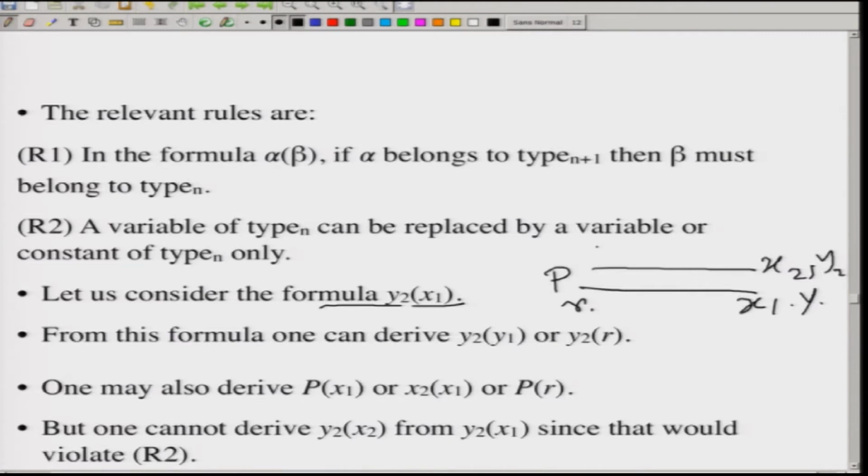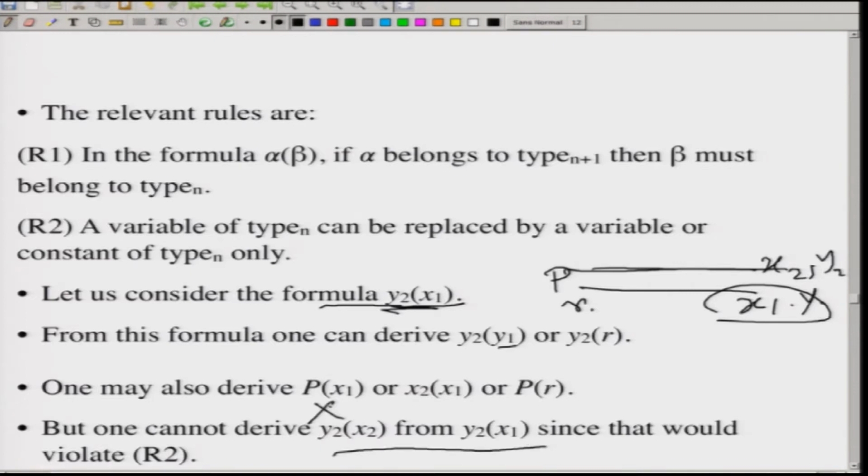From this formula, one can derive y2 y1, because x1 can be replaced by y1 as they belong to the same level, or y2 r also belongs here. One may also derive p x1, because p and y2 belong to the same level, or x2 x1, or p r. But one cannot derive y2 x2 from